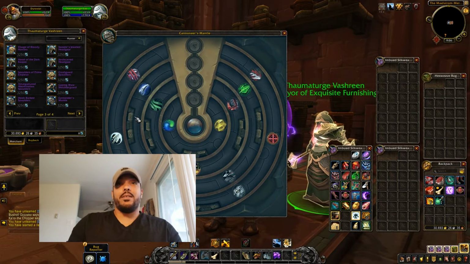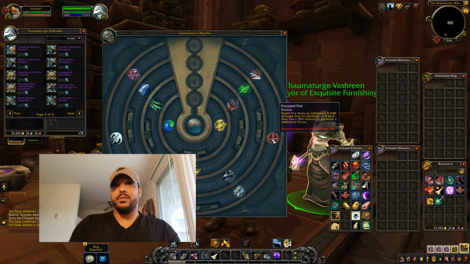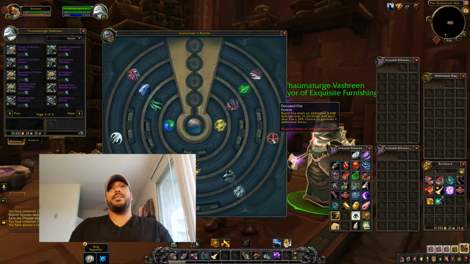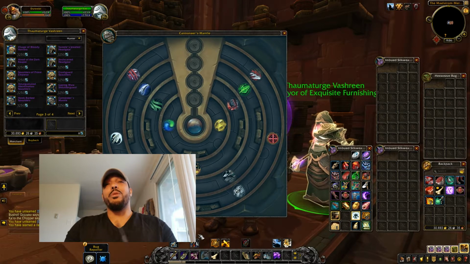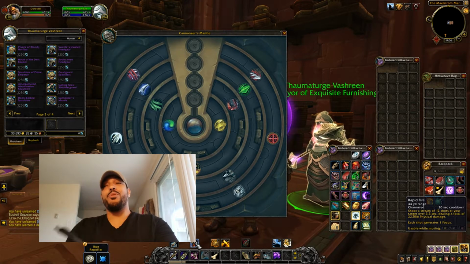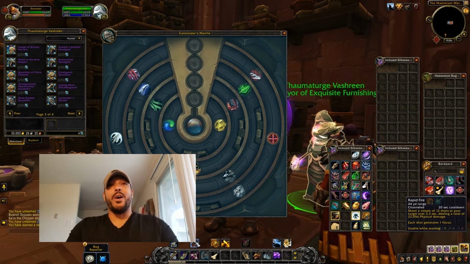You'll have 3 stacks of focus fire. For me, it'll increase the damage of rapid fire by basically 16,000. My number is 18,000, or 22,000 because I use Streamline. That's why it's hitting a lot harder. Since I'm using Streamline, it increases to 22,000, and then focus fire is going to increase that for each stack